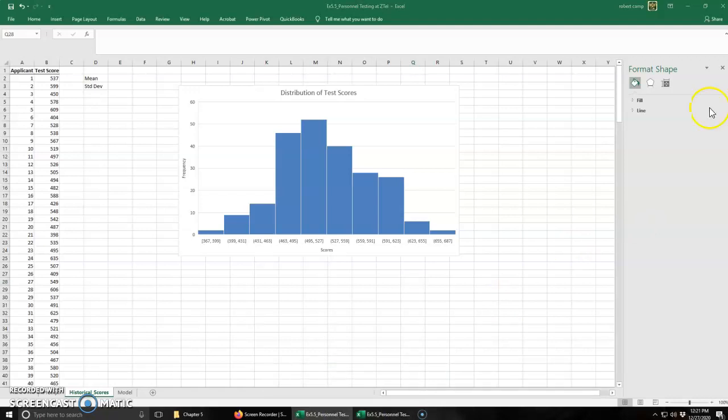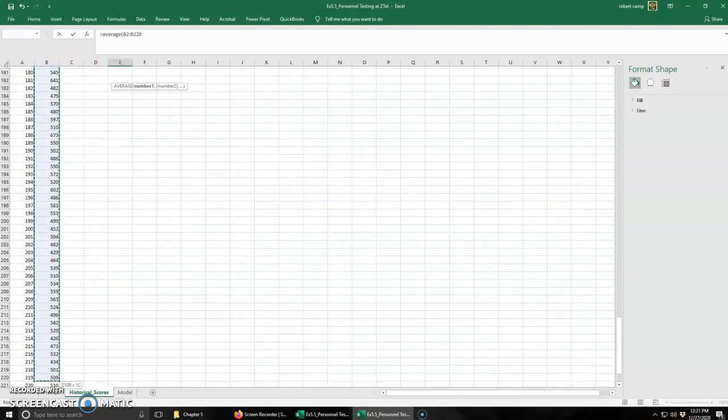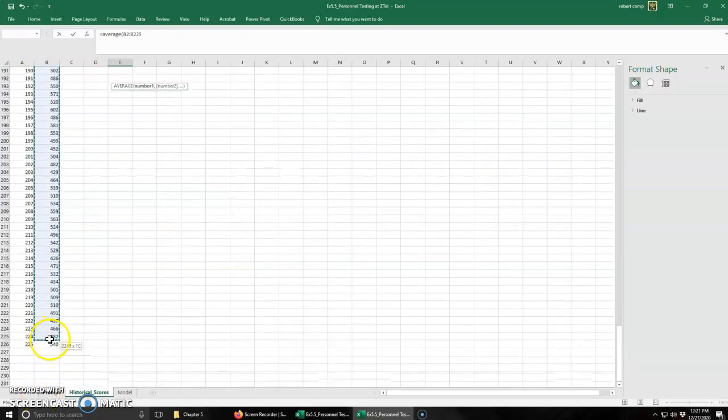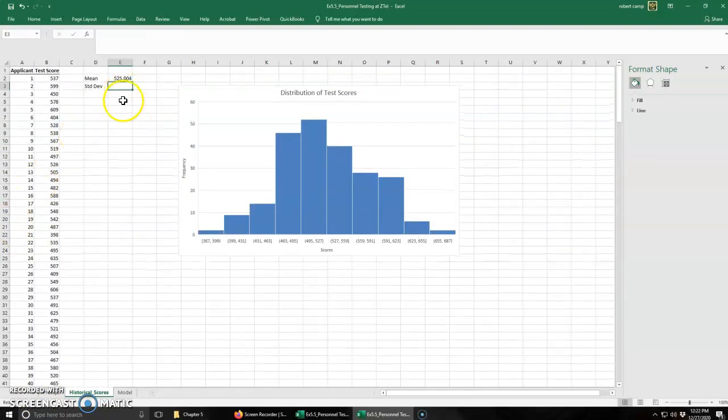Okay, and so now we need a mean and standard deviation. Excel makes it really easy. We'll do average of all of the test scores, and hit enter. Gives us an average test score of 525. And then I'm just going to Control C,